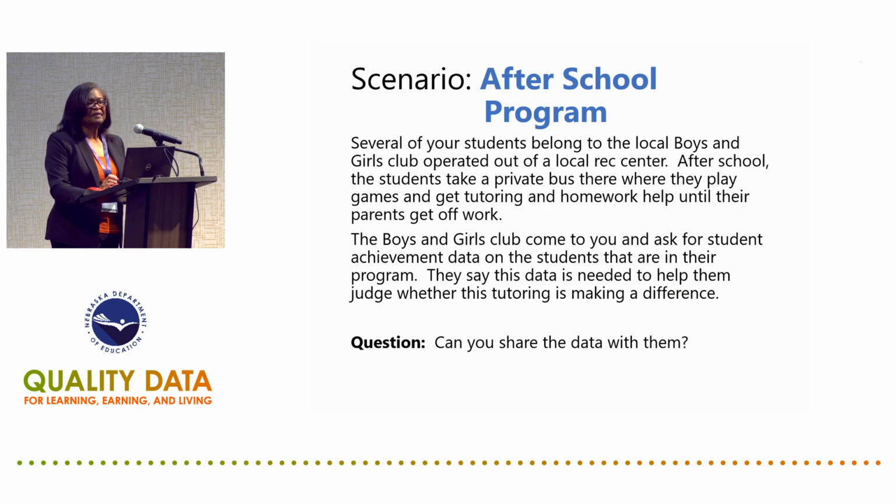And another thing, in that scenario we worked through earlier, if you're going to share in an aggregate manner, make sure the students aren't identifiable. 10, that's good. Hopefully everybody has a minimum cell size that you use. If you're not, you need to look at those cells and make sure they're not identifiable, okay? Nothing in that spreadsheet that you share with them can identify a student.